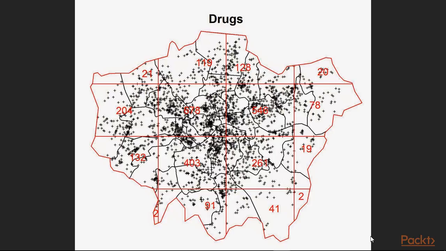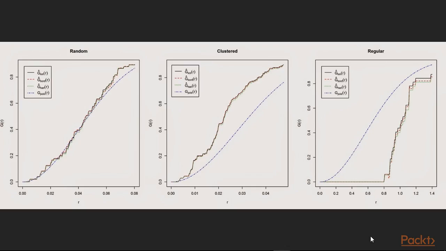Generally speaking, you would expect to have more or less the same number of events per sub-region if your pattern is regular, whereas for clustered patterns you'd expect some areas to have a higher than average number of events, as you have in this image. Other techniques we're going to explore rely on measuring the distance distribution of a pair of events